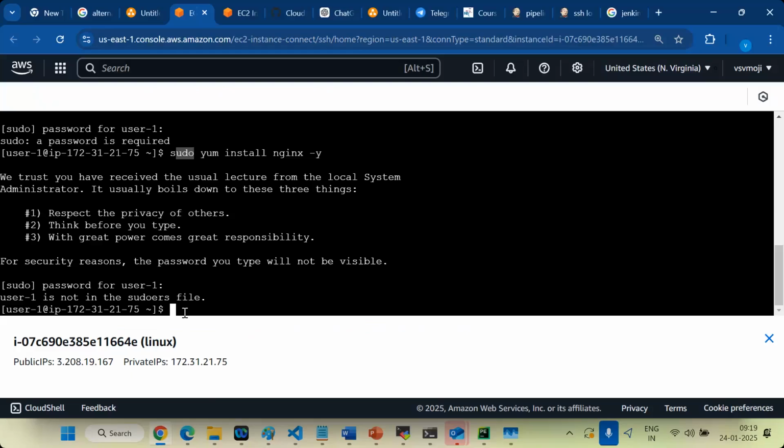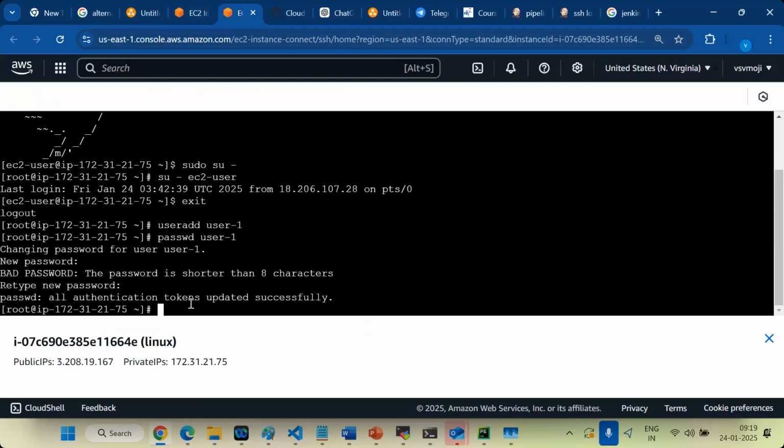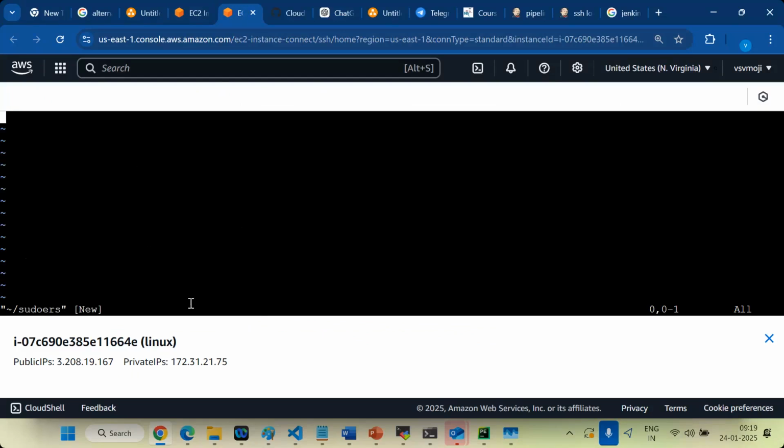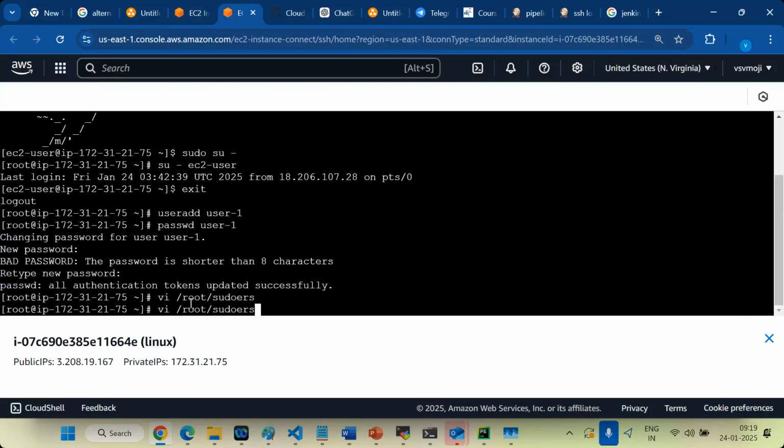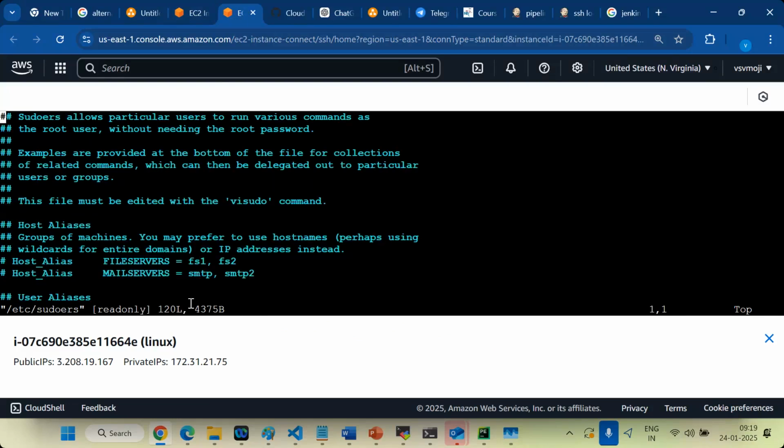Let's go and check from where, root or user? Root only.